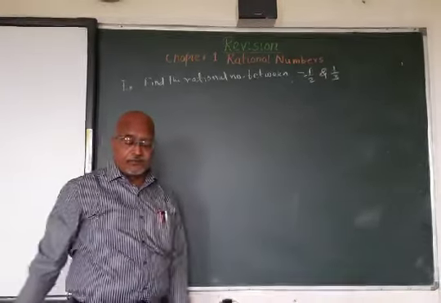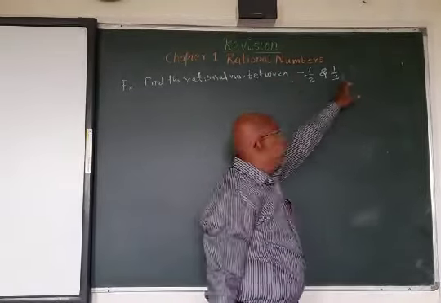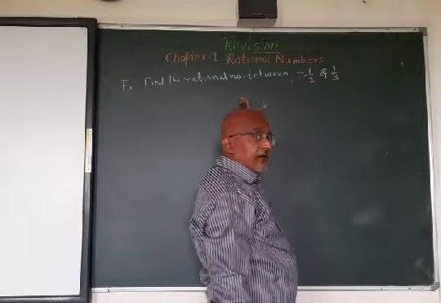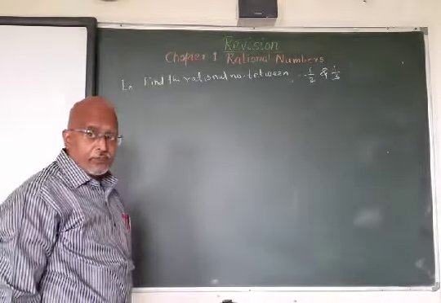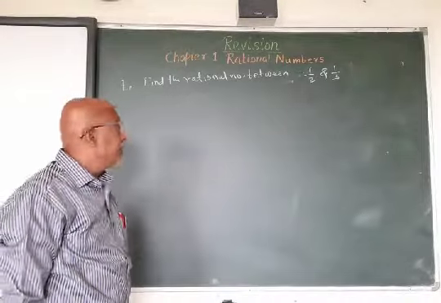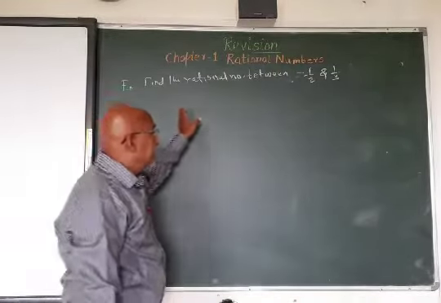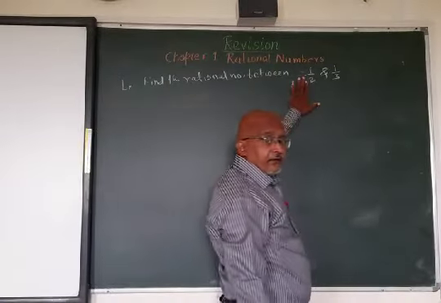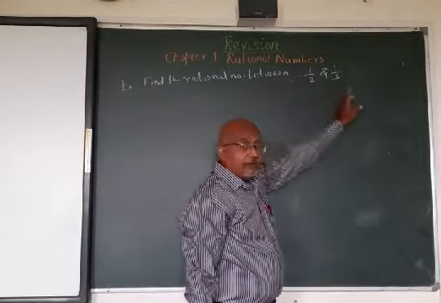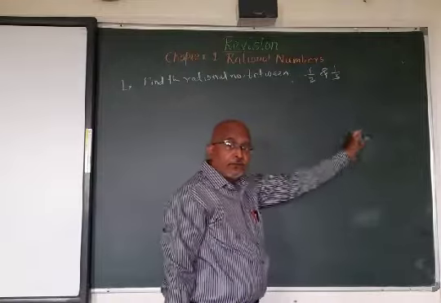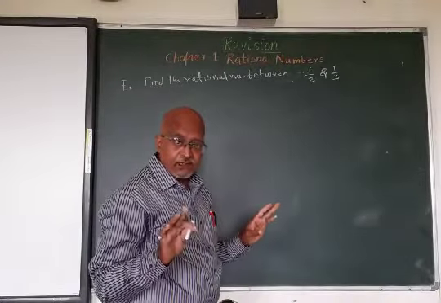Now these two are rational numbers. Obviously one is on the left hand side of 0 and one is on the right hand side of 0, because this is minus, so these are always to the left of 0. So 0 is one of the rational numbers. 0 upon 1 we can write, it is a rational number. So one number is 0. We can give the reason directly here: any negative rational number is towards the left of 0 and positive rational numbers are towards the right of 0, so 0 comes in between. This is the reason, and from the number line we can explain it.